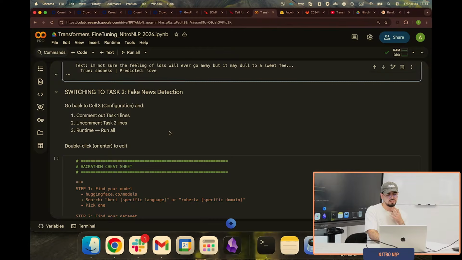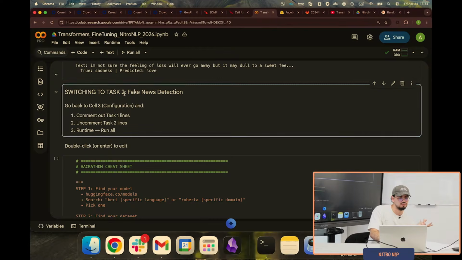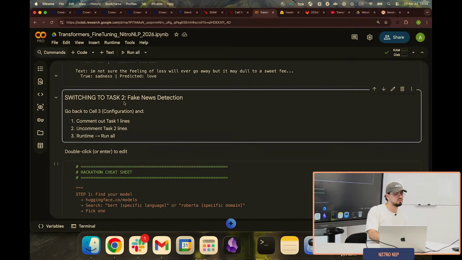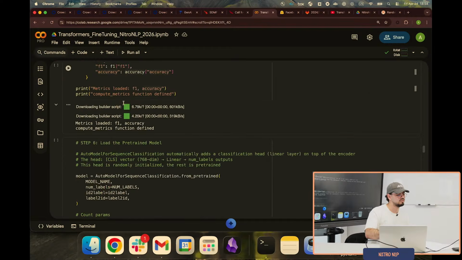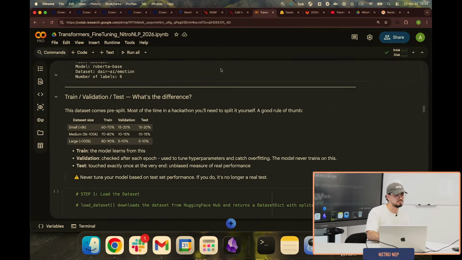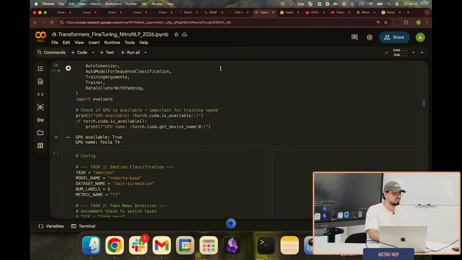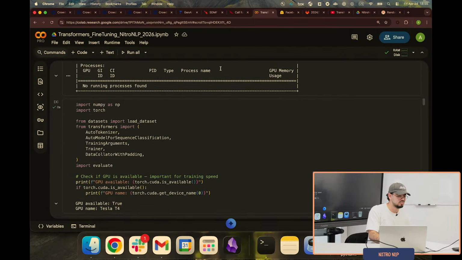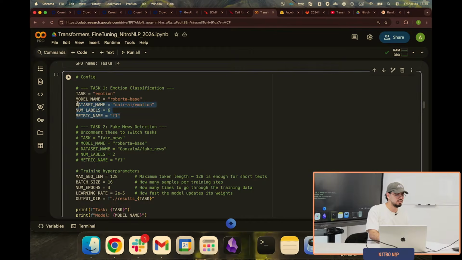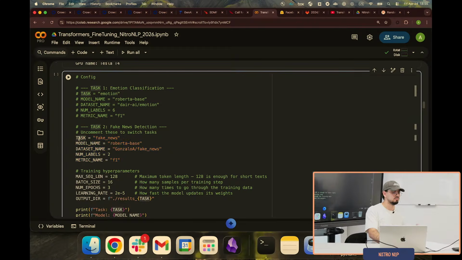I don't have much time, but what I want to tell you is that you can switch tasks really easily, for example to fake news detection. If you go to one of the first cells, because the transformer fine-tuning is mostly the same, what you would change is actually only the data. If I comment this and uncomment this, it basically replaces everything that I had related to emotion classification,